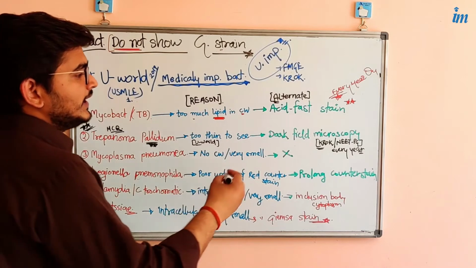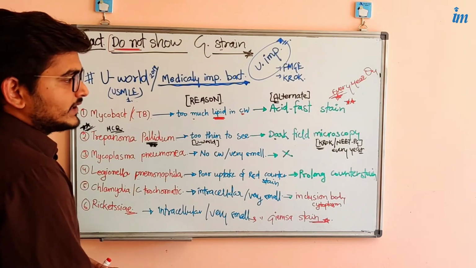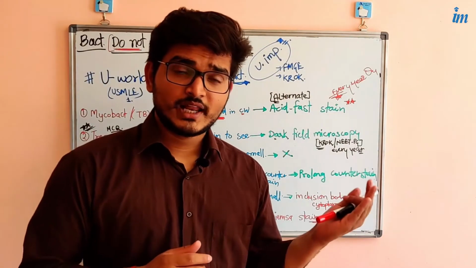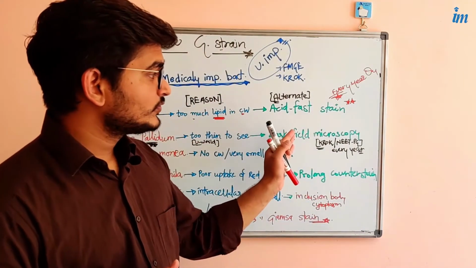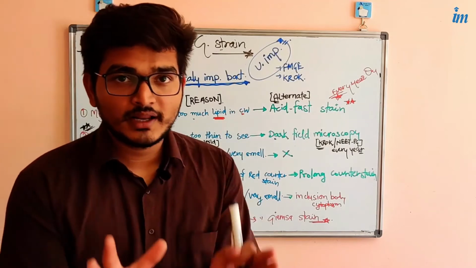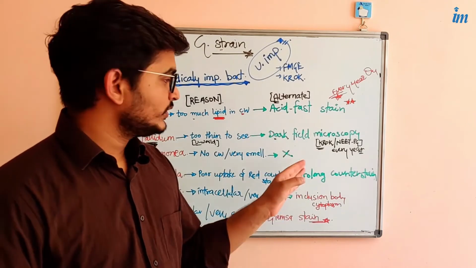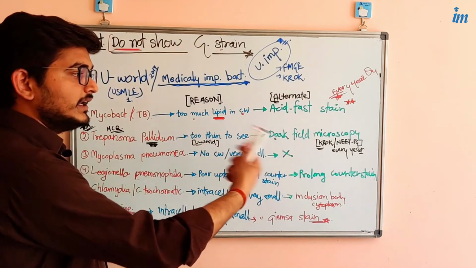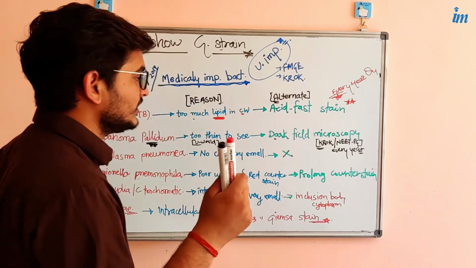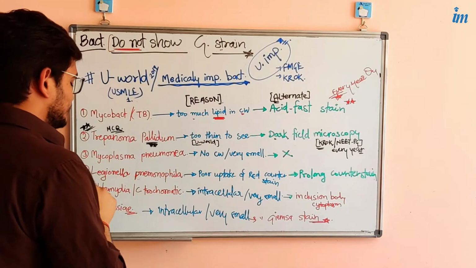Dark background, and there is some kind of molecular tagging used, and we are able to see it with dark field microscopy. Dark field microscopy itself I have mentioned in one of my videos. There I was mentioning the lab technology, because microscopy is very important for the question. So I have taken a whole lecture on microscopy. Based on microscopy you will solve these questions. But again I am repeating because it is very important, and some guys who missed my previous video should go and watch that video. There I give the key also to solve this question.